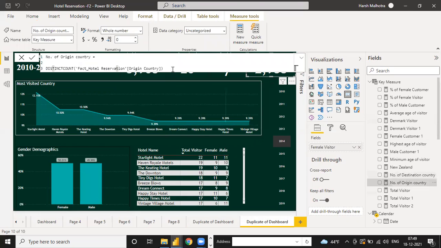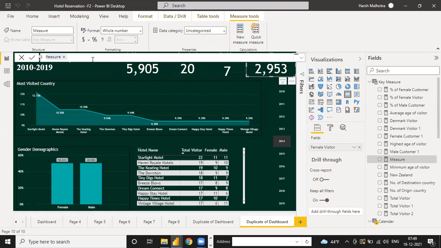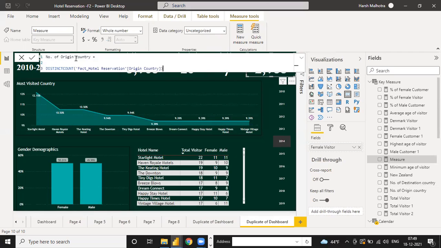Okay. So I'm just creating the hotel number, the total hotels in our data. Just click this new measure and paste it, and instead of origin country, you can change the name to number of restaurant.